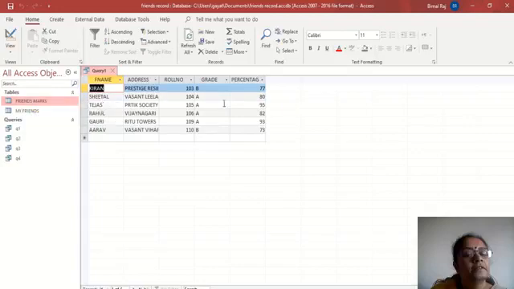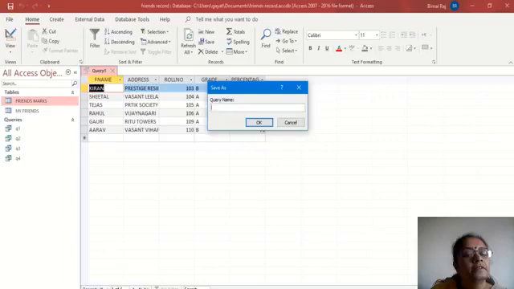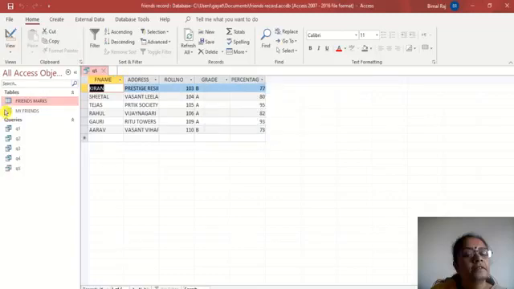And how did the two of them come together? It came together because of setting of relationship between both the tables. So now I can save this query and write it as Q5, query 5, any name like this, and I have saved all the 5 different queries I have done.